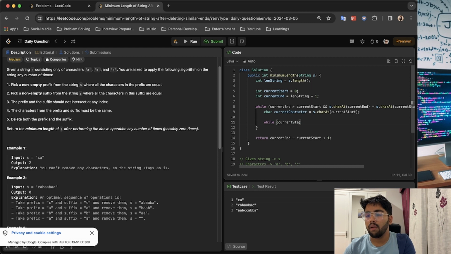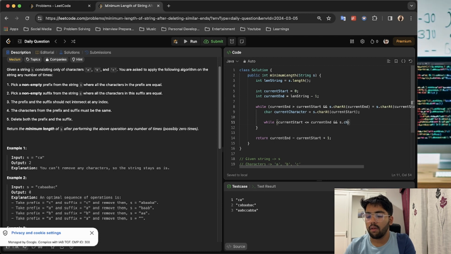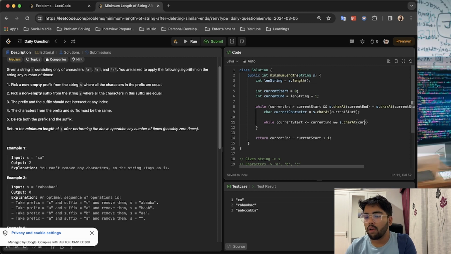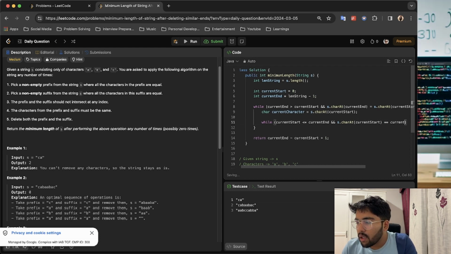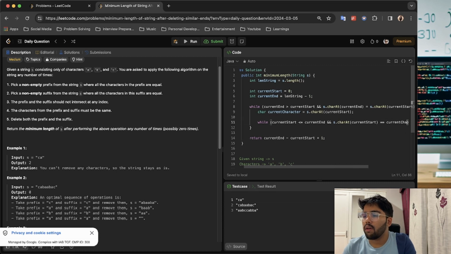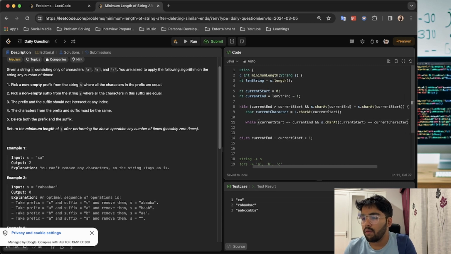That would be if current start equals the current character. We want to go till that end,